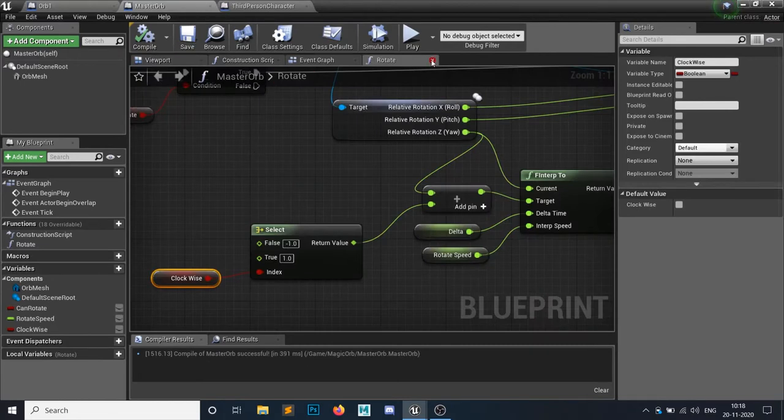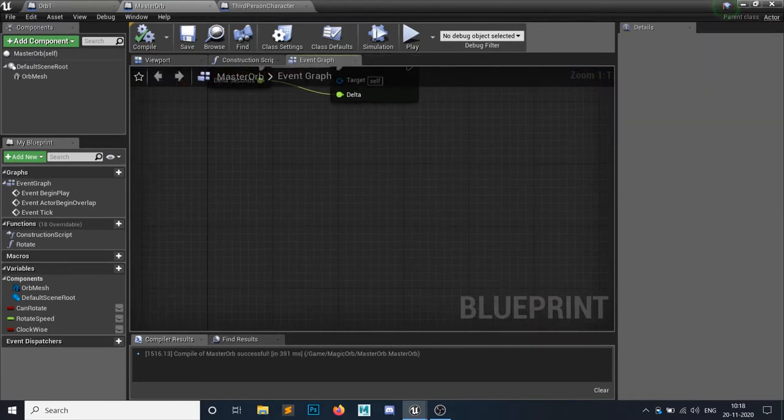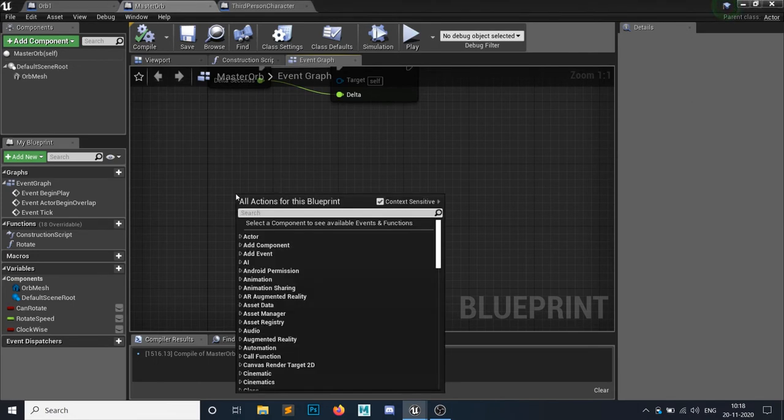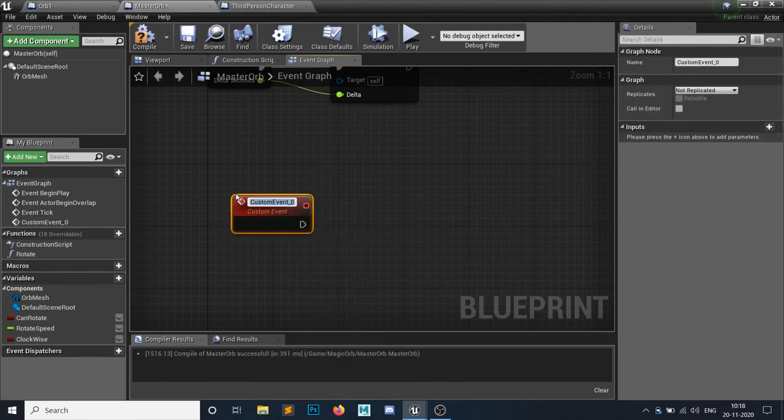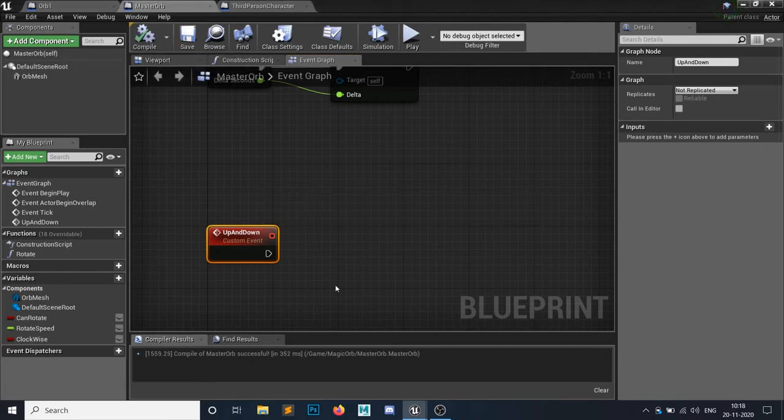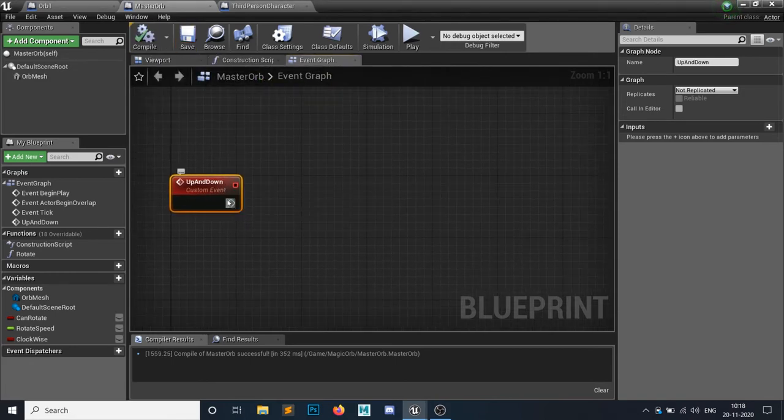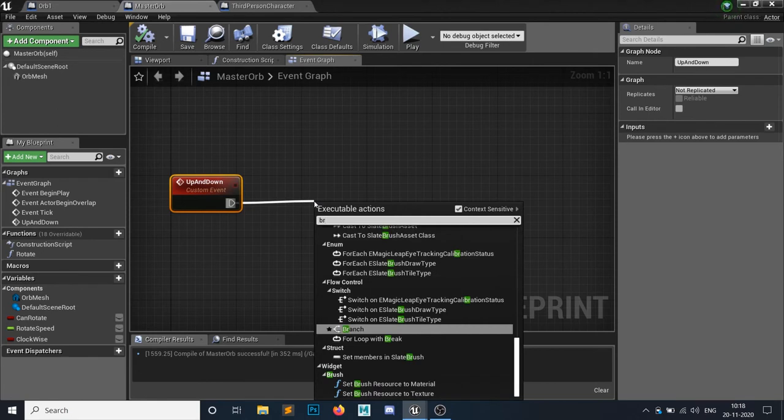Let's make a second one. Second thing is up and down. So your orb should go up and down. So let's make a custom event. I'm gonna call it up and down. So what I will do, I will simply add a branch first.